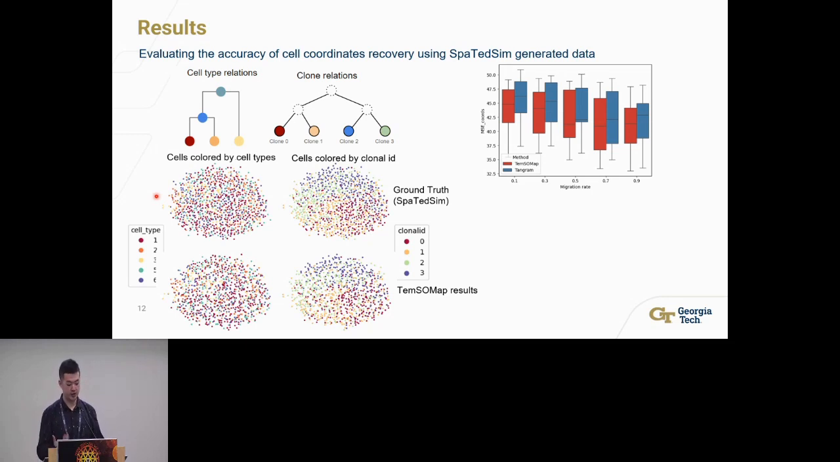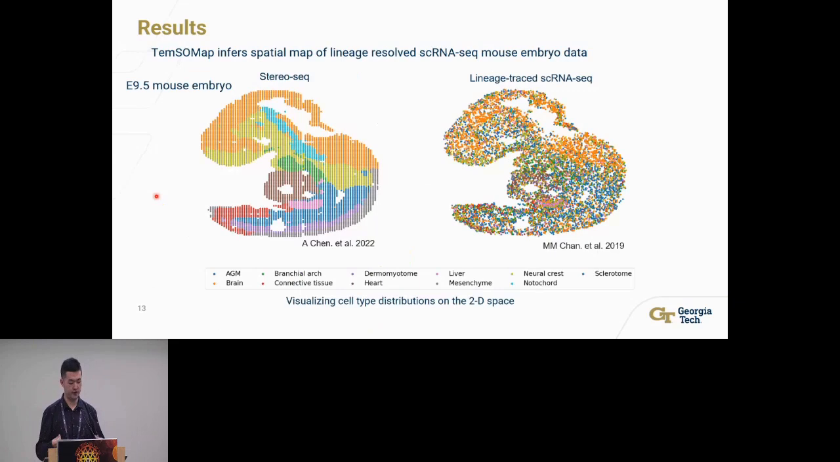So moving on to some real dataset experiments. With real datasets, this is very difficult because it's very hard to map two separate datasets, the ST data and the lineage-traced single cell RNA-seq data, and there's no ground truth. But what we find is two separate